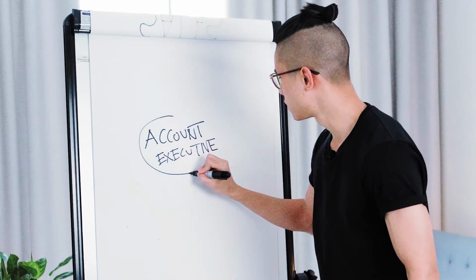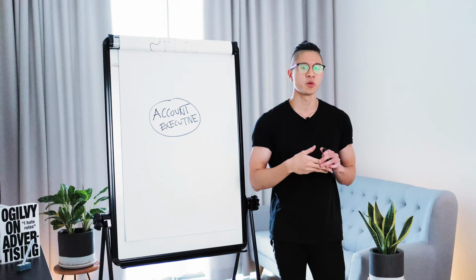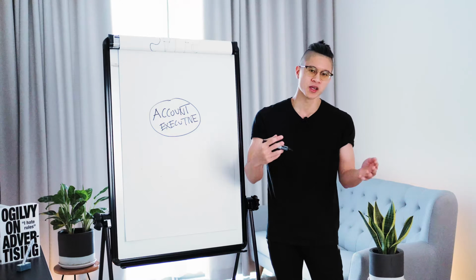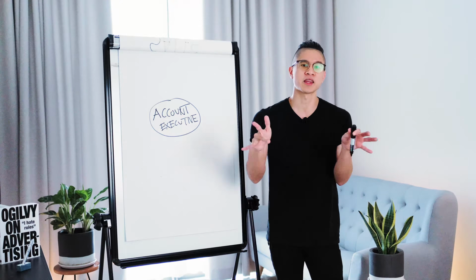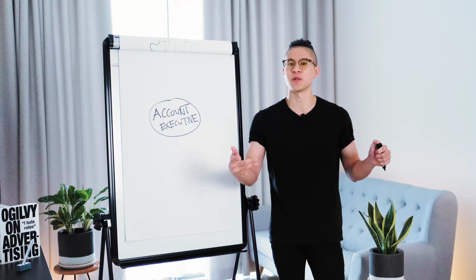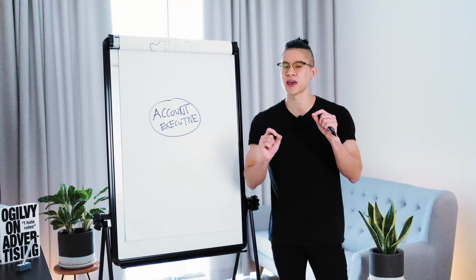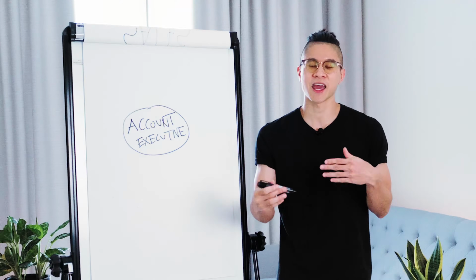All right, so when it comes to the account executives, you want to think of them as the quarterback of a deal, right? So like I said before, when you're selling at a large organization, you might be assigned a territory. And within that territory, there may be many different salespeople selling to the same customers, but each salesperson has a different role to play in closing the deal. So essentially, you're selling as a team.